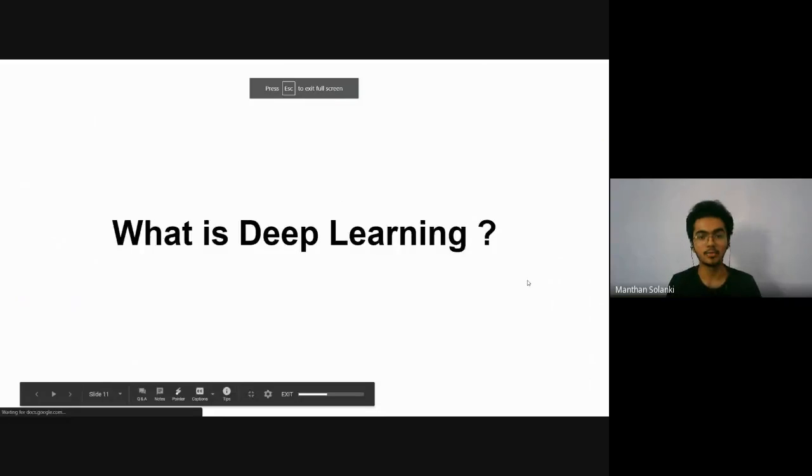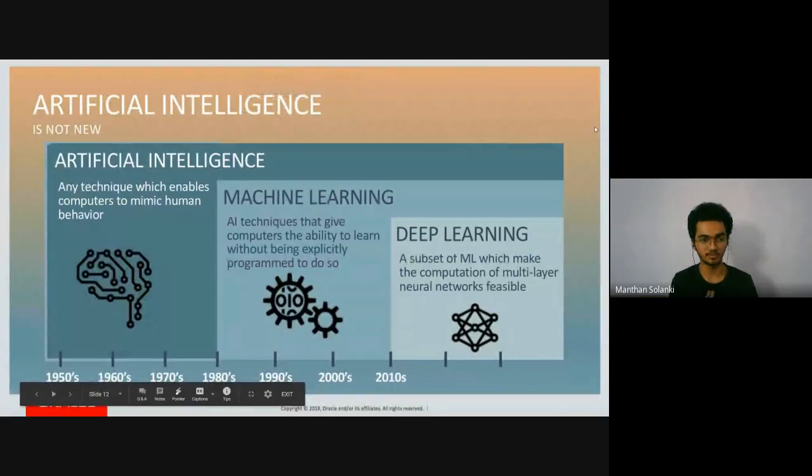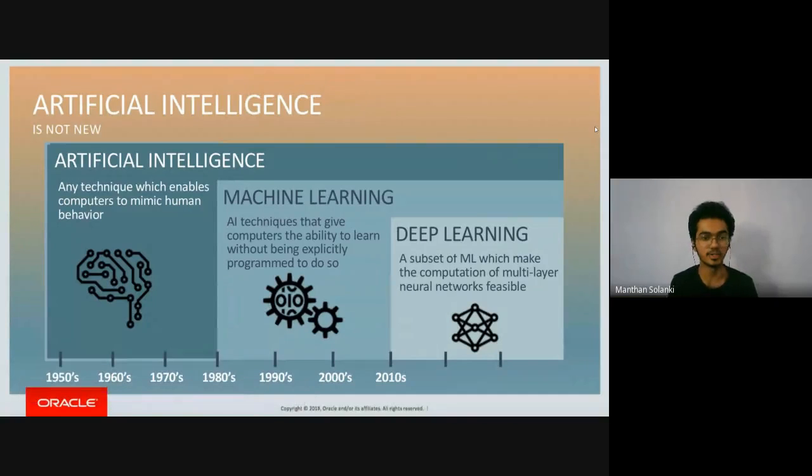Now I am giving you a brief idea about artificial intelligence. We all know that artificial intelligence is any technique which enables computers to mimic human behavior. Let's take the example of a robot. So what are machine learning tasks? Machine learning is the computer's ability to learn without being explicitly programmed to do so.